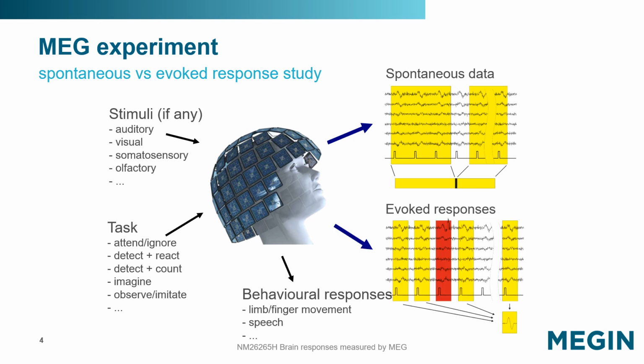Evoked responses are then recorded and optionally extracted as epochs according to the timing of stimuli, tasks, or responses. Those epochs can be averaged online or offline together with other signal processing to improve signal-to-noise ratio, especially if offline interference suppression and head movement compensation are needed. The example here shows some extracted and averaged epochs denoted by the yellow shaded areas, and one epoch rejected from the average because of artifacts shaded by red.